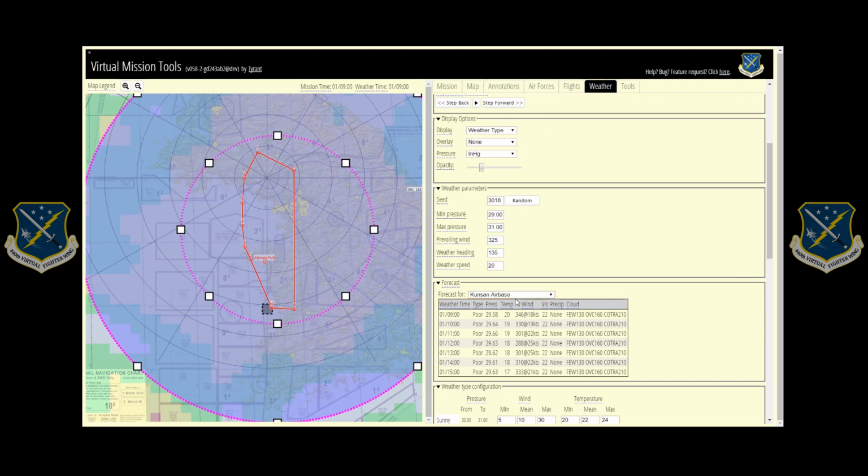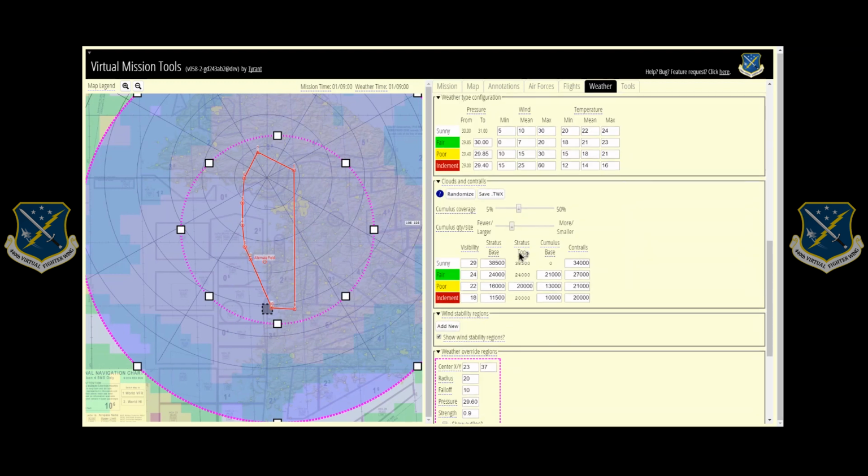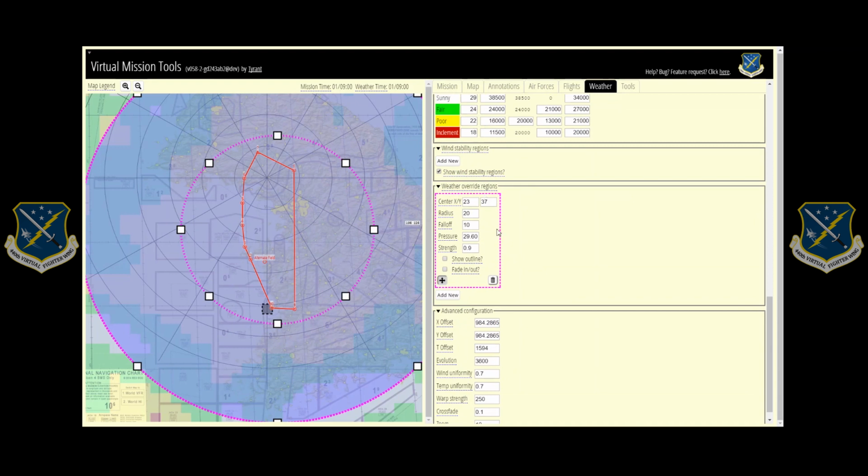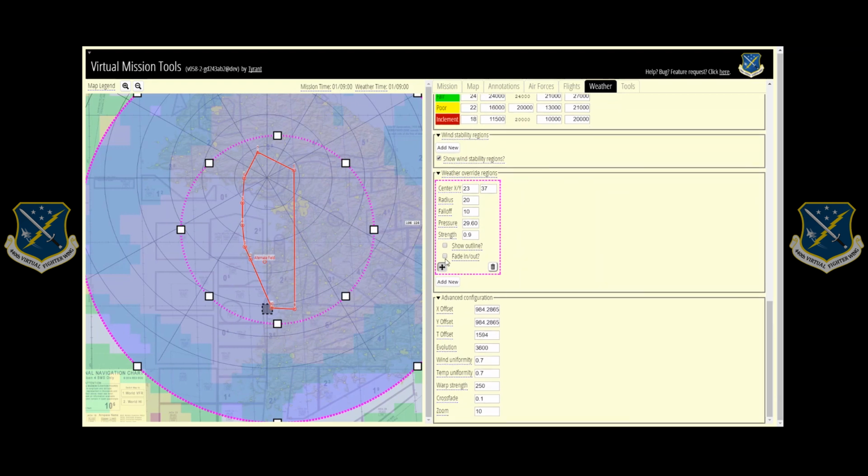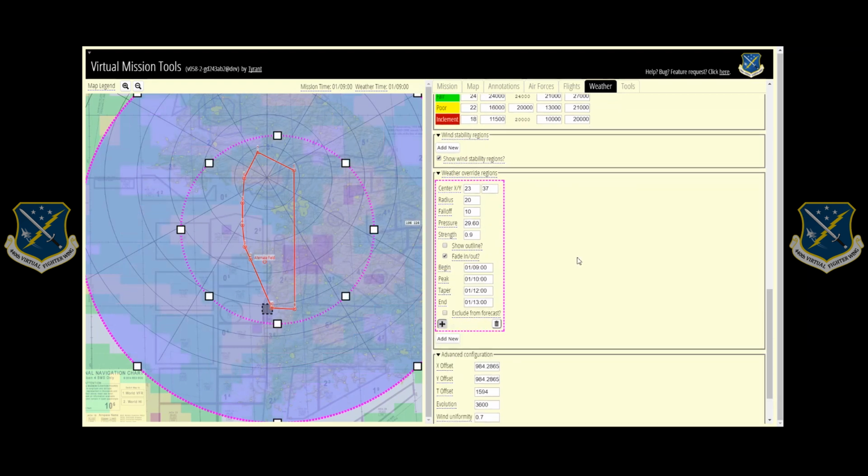Those weather override regions that we're looking at, this pink thing that you've just done, actually can be time based. So if you scroll back down to where you were controlling that, and click fade in out. Oh, extra option. Yeah. So now what this says is this is a weather override region that will